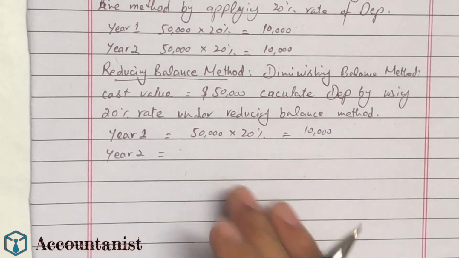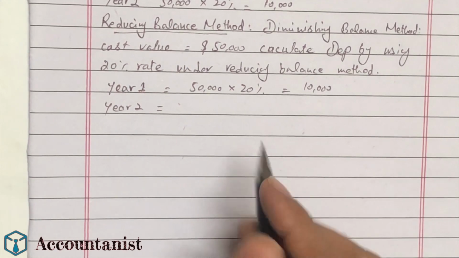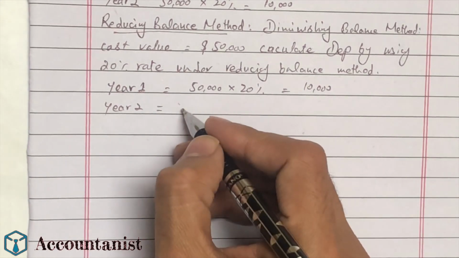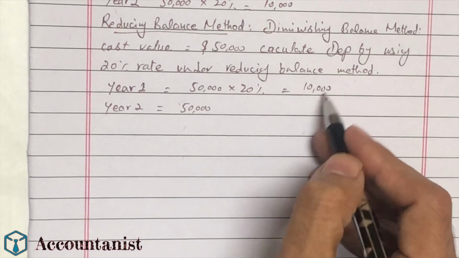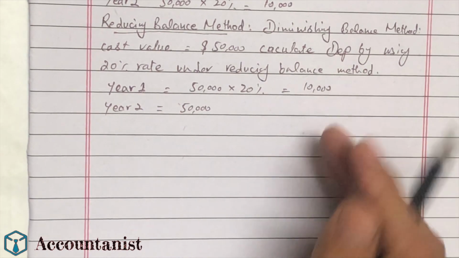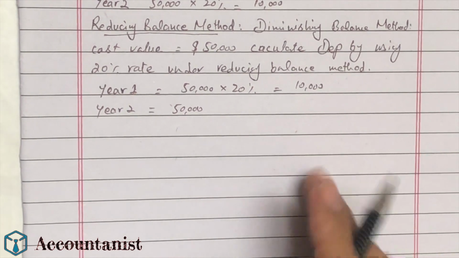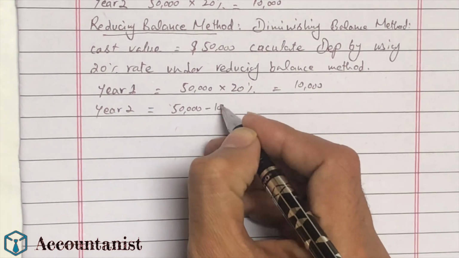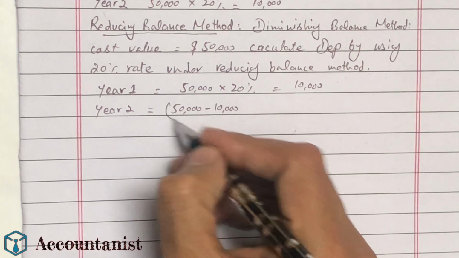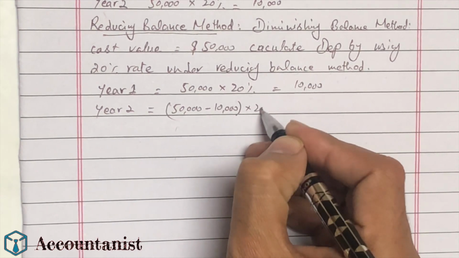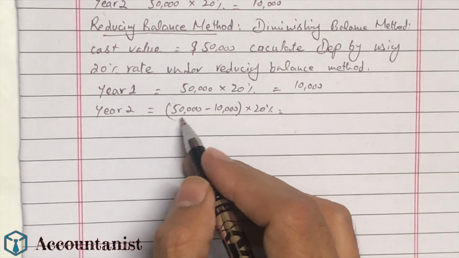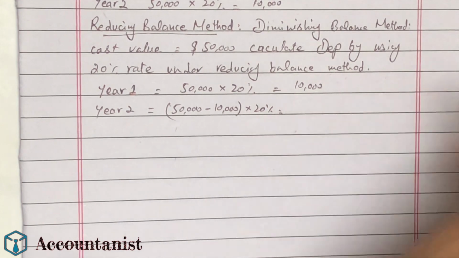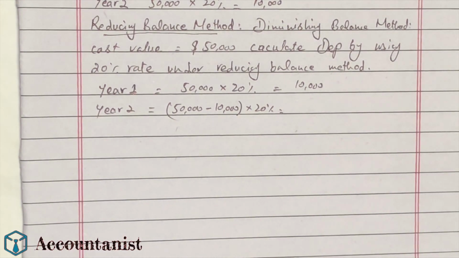here the change will come up. So with the reducing balance method, we have to deduct the previous year depreciation, the depreciation that we have calculated before. So we'll deduct this depreciation from the cost value, and then we will apply this percentage. So now the 50,000 less 10,000 multiplied by 20% will give us the number of